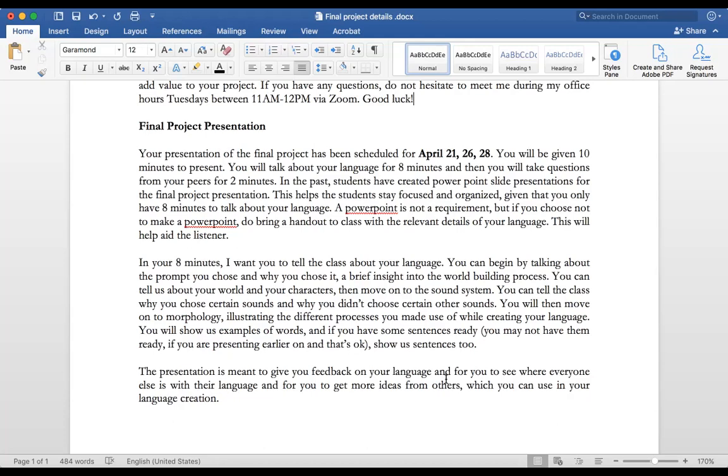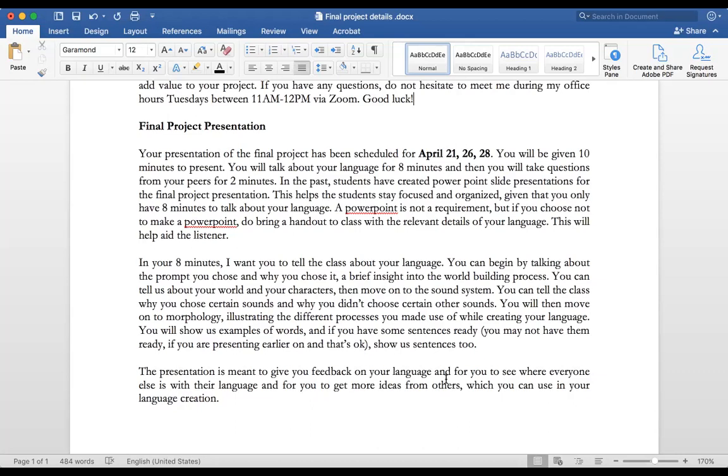Why did you choose certain sounds? Another student had made some sort of fairy, I think, like in a fantasy world, and she really didn't want that fairy to have any guttural sounds, because guttural sounds sound very rough. These are sounds that you use from the back of your throat, like you're clearing your throat or something. So she avoided all those sounds. She avoided sounds like g, ch, j, right? Sounds that sound very hard, and she was using a lot of l, m, r, right? Very fairy-like, flowy kind of sound. So that's why the world building process is really important for you.